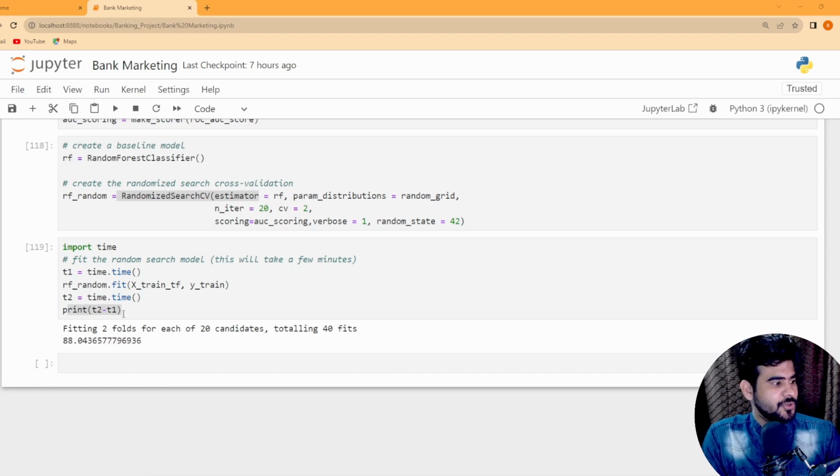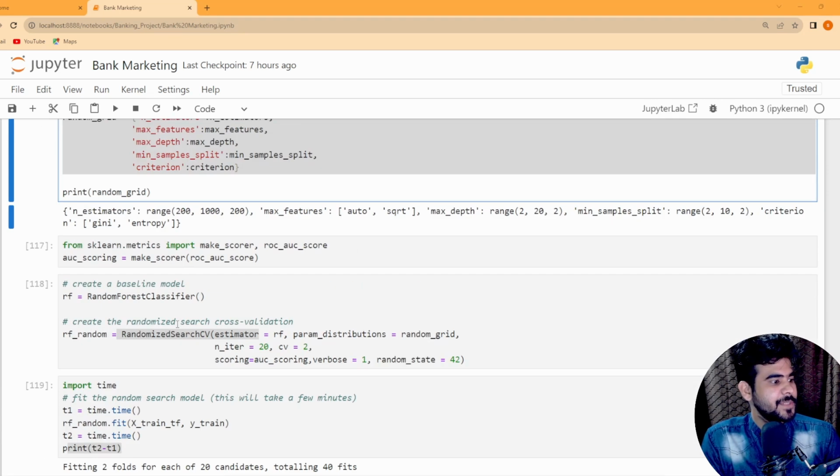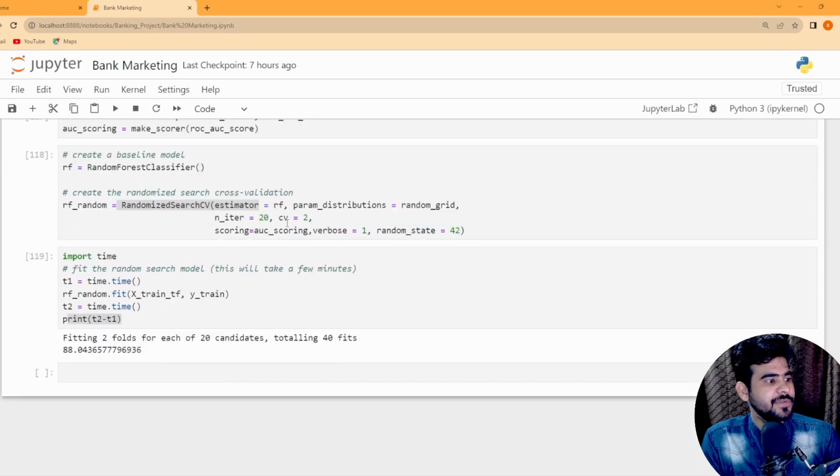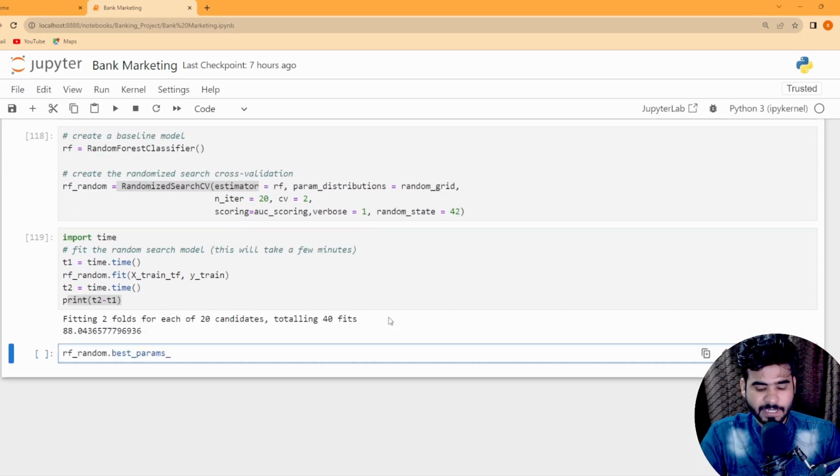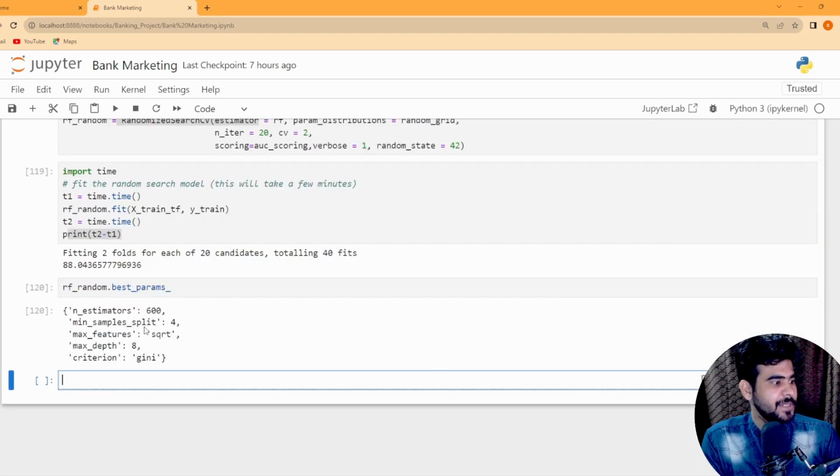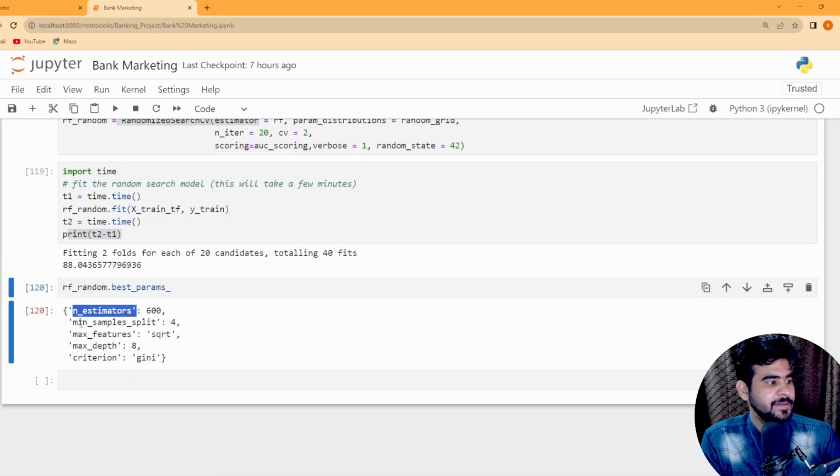Now as you can see, it took approximately 88 seconds. Now we are going to call the best parameters from this randomized search CV. So let's get the complete best parameters. These are the best parameters that we have: n_estimators 100, min_samples_split 4, max_features sqrt, and max_depth 8,